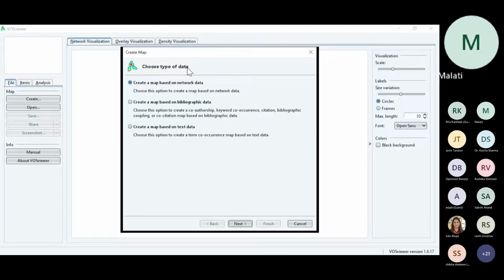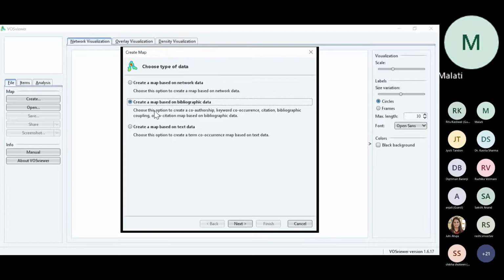Choose the type of data. What type of data do you have? Create a map based on network data, create a map based on bibliographic data, or create a map based on text data. But if you look at the data which we have downloaded, it is bibliographic data. So select the second option.